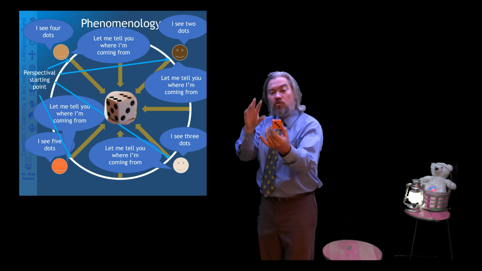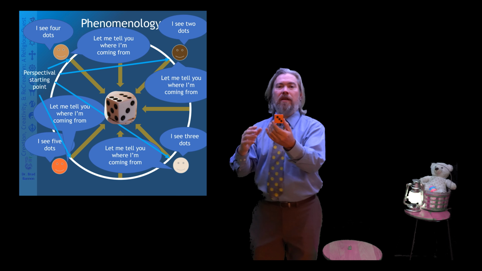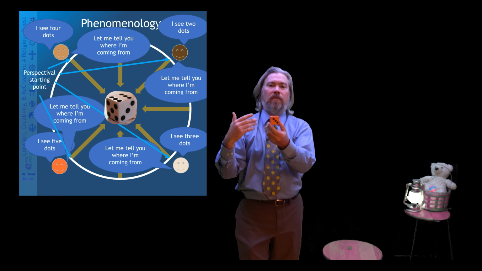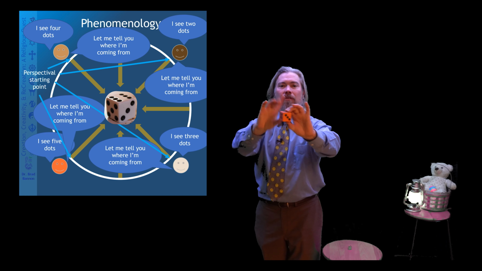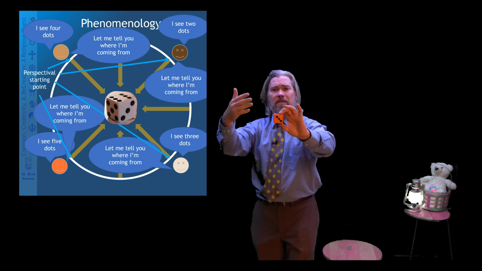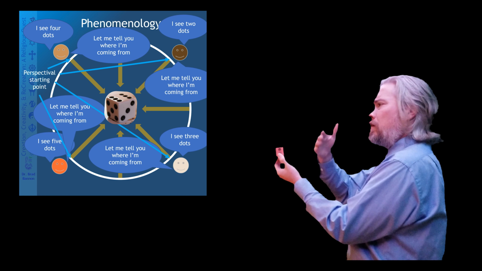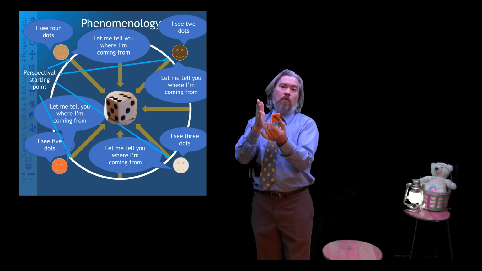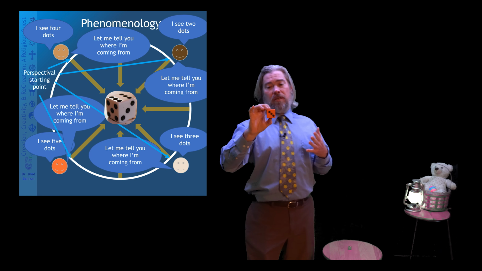But nevertheless, we need to try and identify our perspectival starting point, right? If I understand that you're coming from over there and you understand that I'm coming from over here and this thing is in the middle, then clearly we are seeing different sides of the same thing, right? And then we can start to piece together our subjective reports of our phenomenological experience of the particular phenomenon,